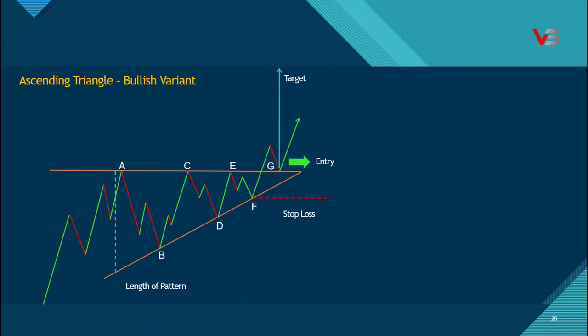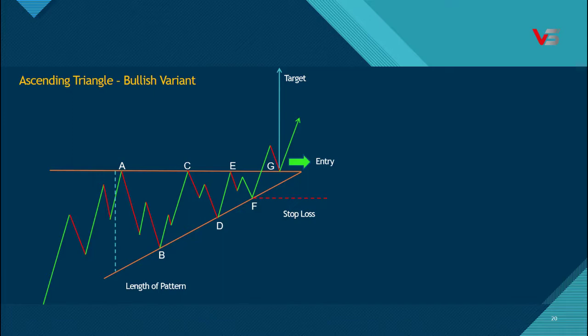This is the ascending triangle pattern for the bullish variant. We can ask how this triangle pattern is a bullish variant. The bullish variant is determined by how the pattern forms. The following two conditions will determine the bullish variant. Number 1. The opening movement of the pattern should be a bullish move in an uptrend. Number 2. Breakout of A, C, and E. If condition number 1 is satisfied, the breakout will happen on the upper side only, which means 80% chance for an upside breakout. Also there is a 20% chance for a downside breakout.